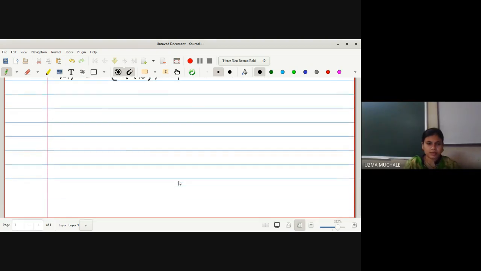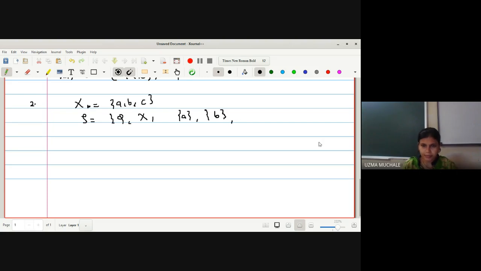Let us solve one more example so that whatever confusion there may be will be removed. So let us go for the next example. The second example is X equals, again I am taking the same set ABC, but the topology we will define is different. Why will we do this? Because if you change the topology, obviously the interior and exterior of any set is going to change, right? That we will observe here in this example. That's why I have kept the universal set the same, but we are going to change the topology. So we will see the effect on exterior points if we change the topology.